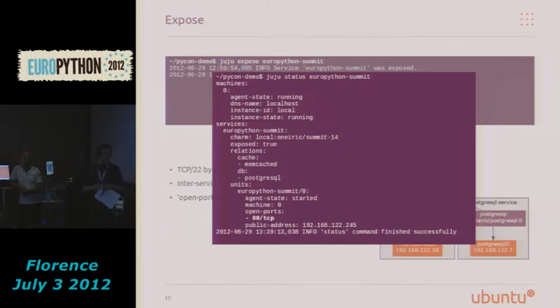So we end up with one deployed running charm, which you can see is exposed on port 80. Although it's not exposed to the internet, it's exposed to my laptop on port 80, so I can test it.